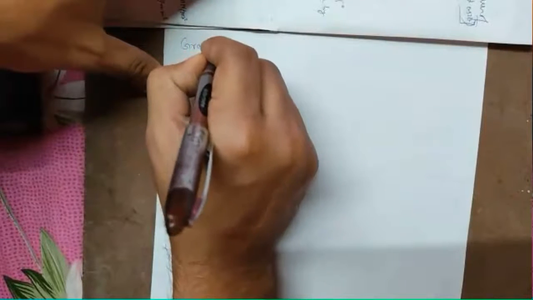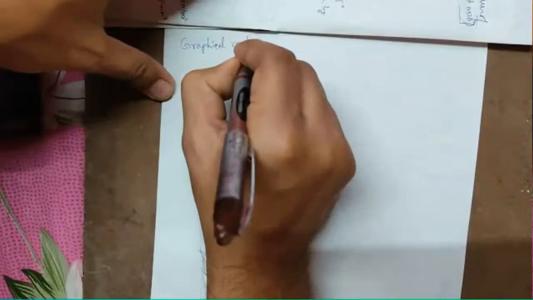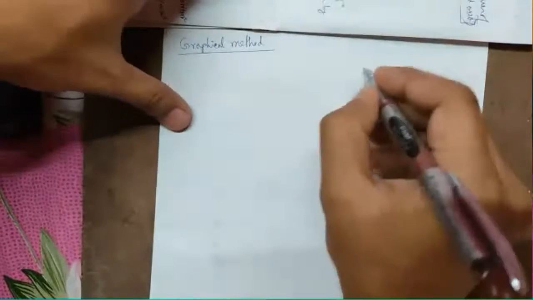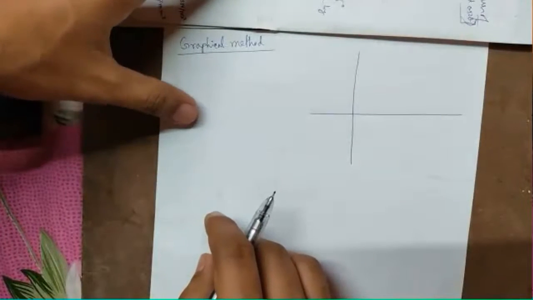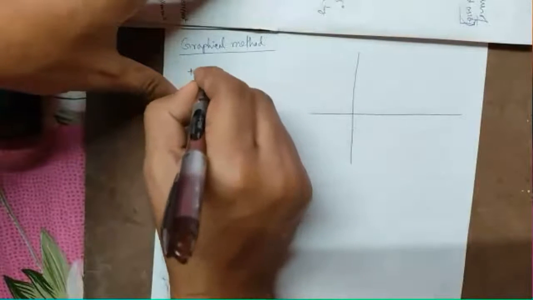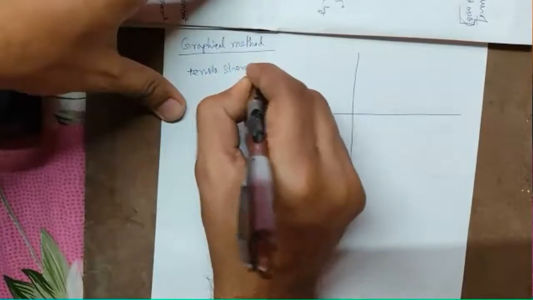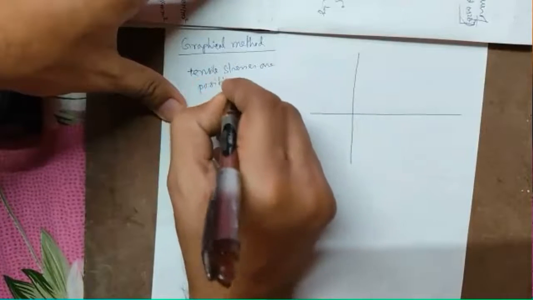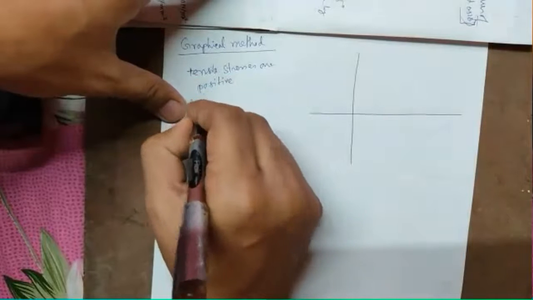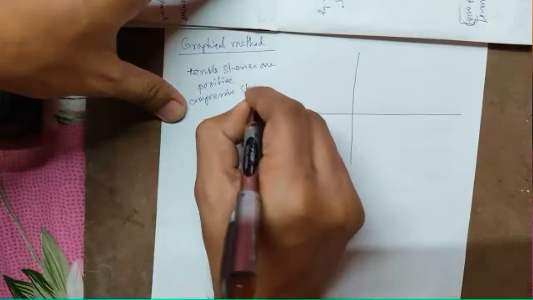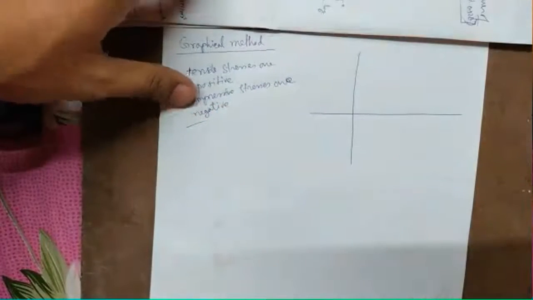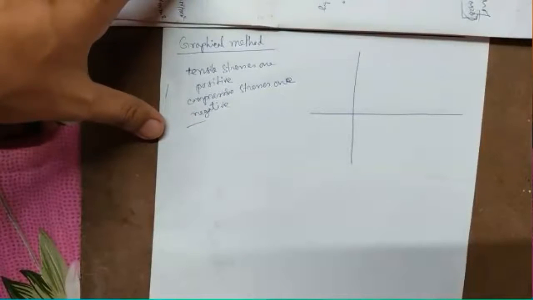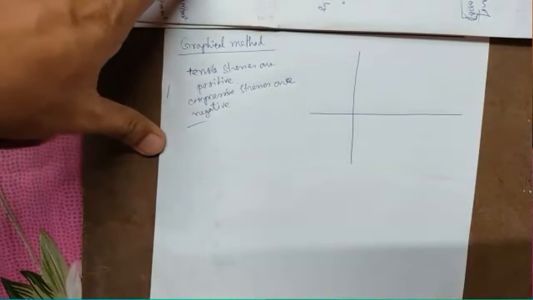Here in the graphical method, we take a coordinate system where we take tensile stresses as positive, and compressive stresses as negative, just like the analytical method. And the shear stress